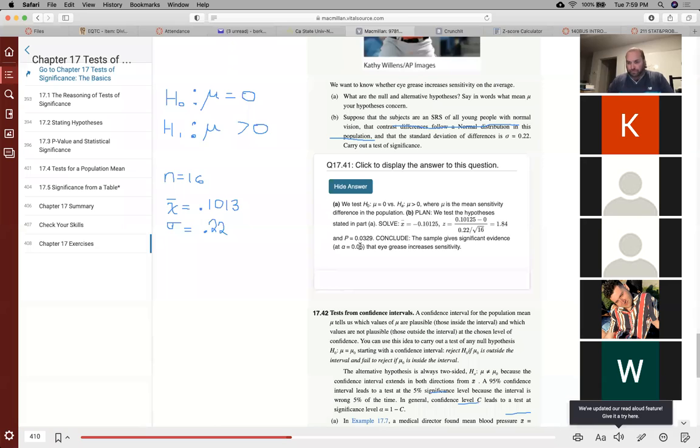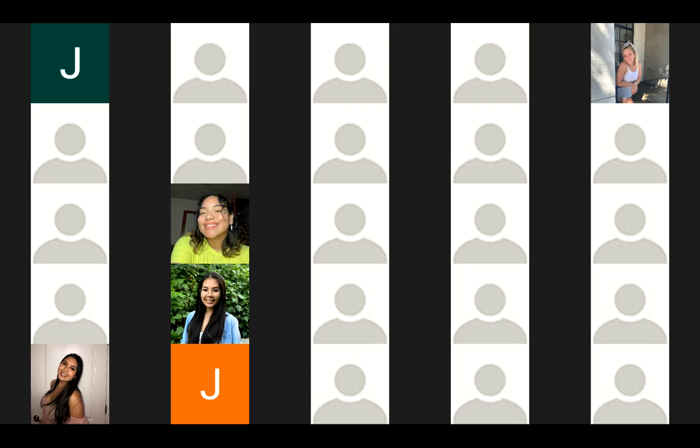That's it. The null hypothesis says there's no difference. The alternative says with eye grease, it's better. We're rejecting the null hypothesis. We say it's better. Not how much better. I don't know. I don't care. That's not what the 3% is. The 3% is solely only on the likelihood of something occurring. Okay, so that's it for chapter 17. I deliberately did not want to move on to